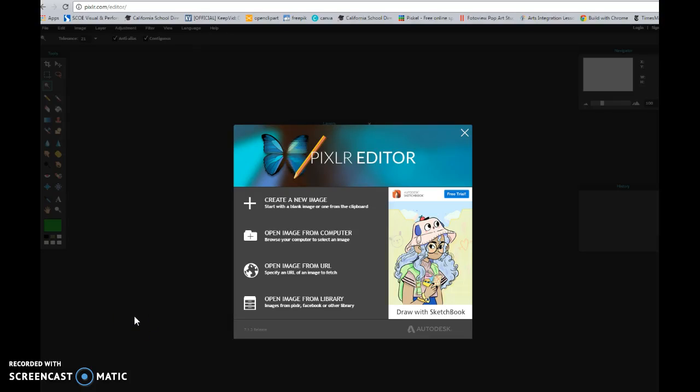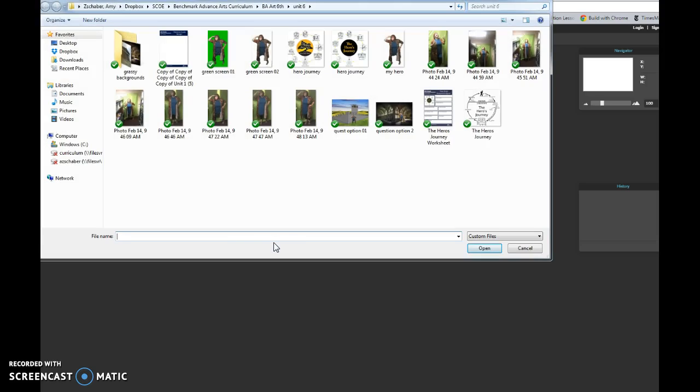Alright guys, I'm going to show you how to insert your edited hero pose into your 2-point perspective photograph. So the first thing you want to do is make sure you have that 2-point perspective photograph saved somewhere on your computer where you know where it is. And you're going to go to pixlr.com/editor and you're going to open an image from the computer. And you're going to go find